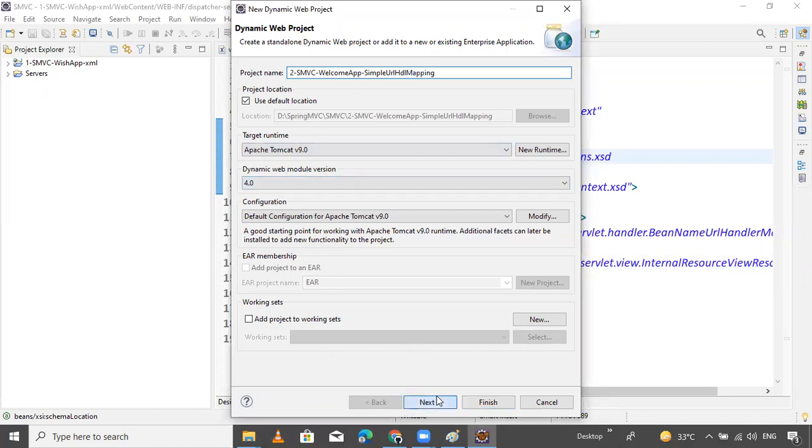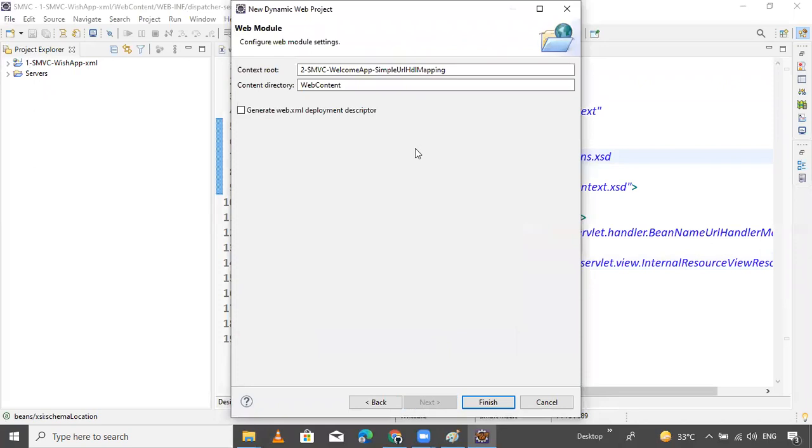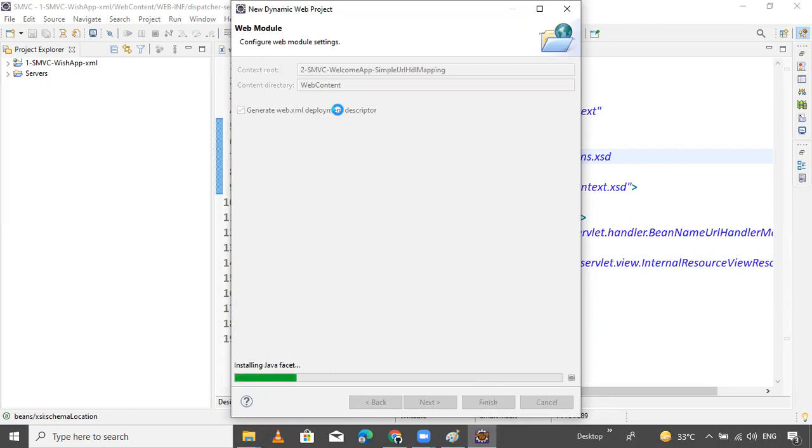And same thing is good. Everything is good. I want to generate the deployment descriptor, the web.xml file. One by one, I will prepare them. First, I will prepare the dispatcher servlet file. Oh, no. First, we provide the configuration.